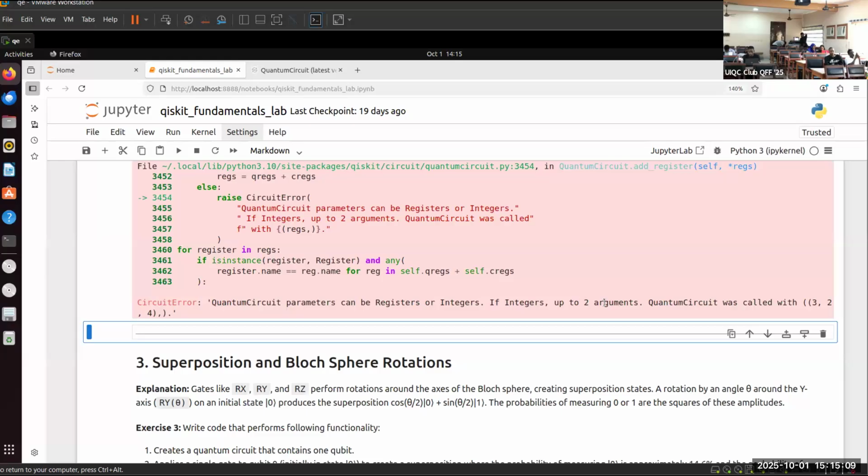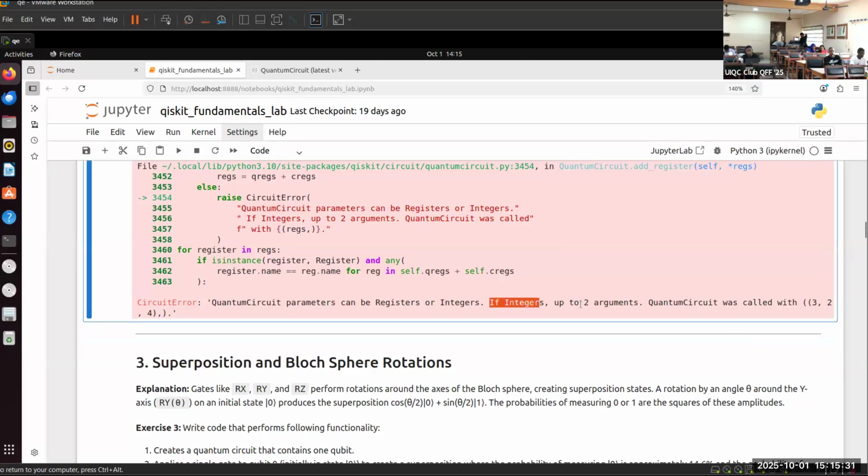This is what you are learning in this event. You can use it anywhere outside Qiskit once you understand the syntax of error. So up to 2 arguments. Don't give more than 2. When you are solving problems with Qiskit and you are using this particular module, do not provide more than 2 integer arguments. If what you are providing are integers, only up to 2